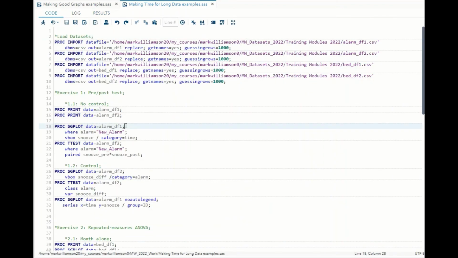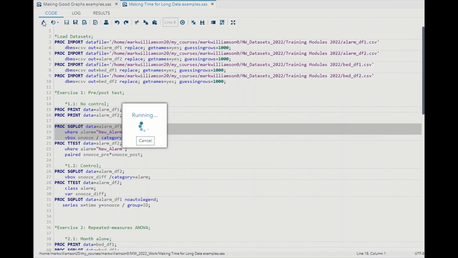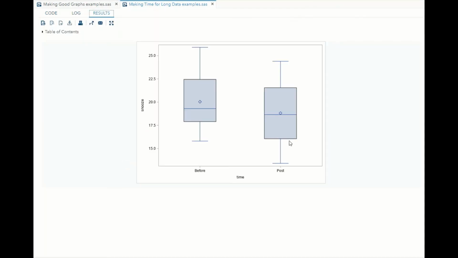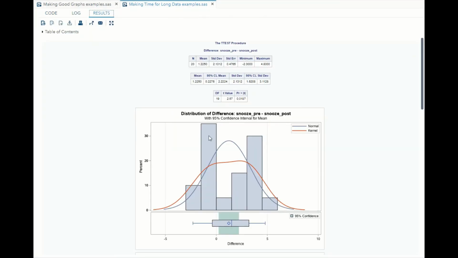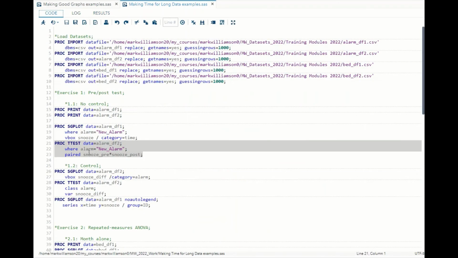So taking the long data set and then subsetting. This is how we subset it. We can subset with the where statement, where alarm equals new alarm. We're going to just do a quick plot. And again, looks like there's a decrease between before and after. And then we'll do a t-test to confirm, and we're going to pair snooze pre and snooze post. And this was significant. So we have confirmation that the new alarm